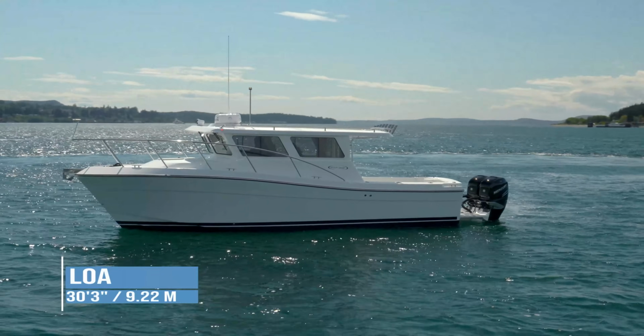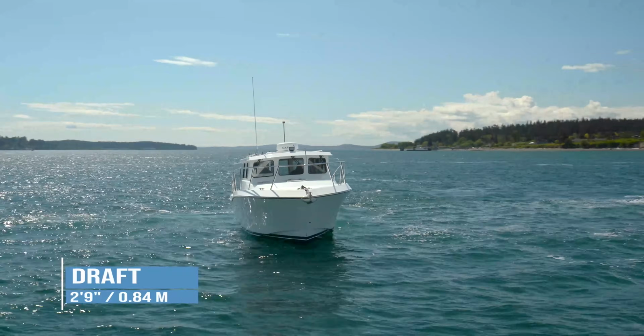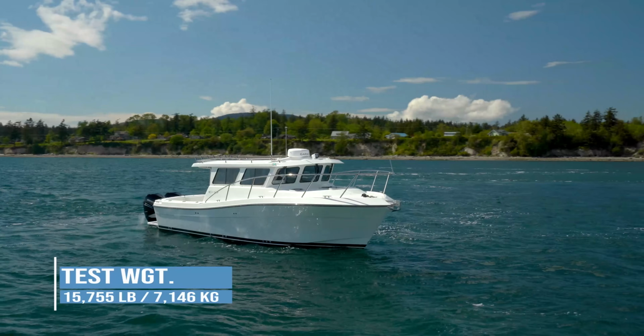The Ocean Sport 30 Roamer has a length overall of 30 feet 3 inches, a beam of 10 feet 9 inches, and a draft of 2 feet 9 inches. With an empty weight of 13,500 pounds, 55% fuel, and 3 people on board, we had an estimated test weight of